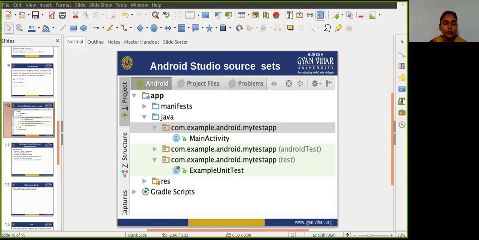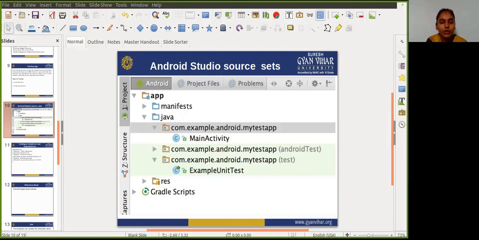So first, what we do, we first set the source set. Okay, we first organize the tests in a source set. So what is an Android Studio source set? Source sets are a collection of related code in your project that are for a different build target or other flavors of your app. So when Android Studio creates your project, it creates three source sets for you.